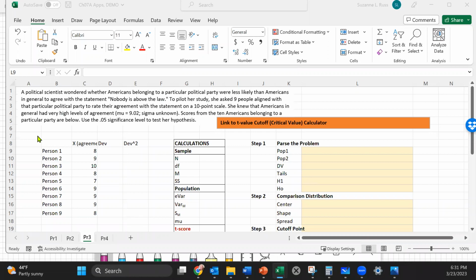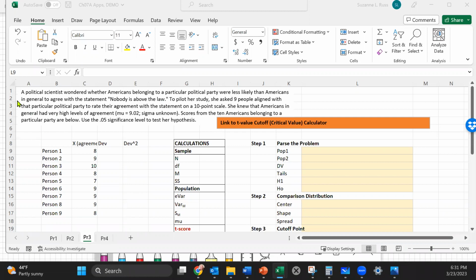So this is an example of a one-sample t-test. A political scientist wondered whether Americans belonging to a particular political party were less likely than Americans in general to agree with the statement, "Nobody is above the law." To pilot her study, she asked 9 people aligned with that particular party to rate their agreement with that statement